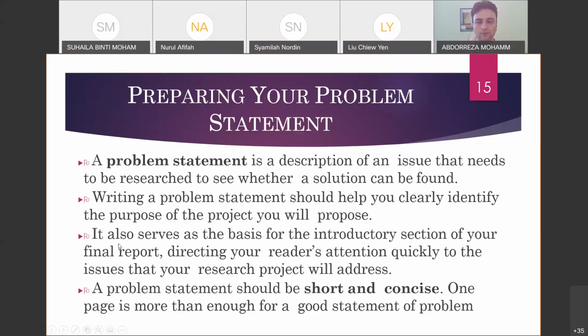It also serves as the basis for the introductory section. Yes, a problem statement should be short and concise. One page is more than enough for a good statement of problem. You know, just one minute. Do not think more, writing lots of things to 2, 3, 4, 5 pages. Why? Just one page, and clearly,